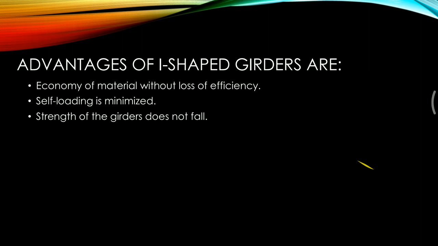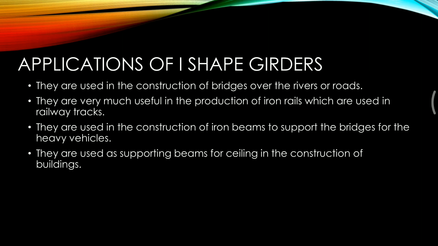The applications of I-shaped girders are: they are used in the construction of bridges over rivers or roads. They are very useful in the production of iron rails which are used in railway tracks. They are used in the construction of iron beams to support the bridges for heavy vehicles, and they are used as supporting beams for ceilings in the